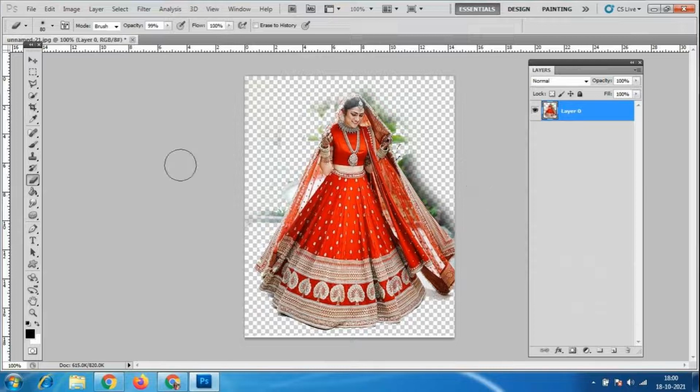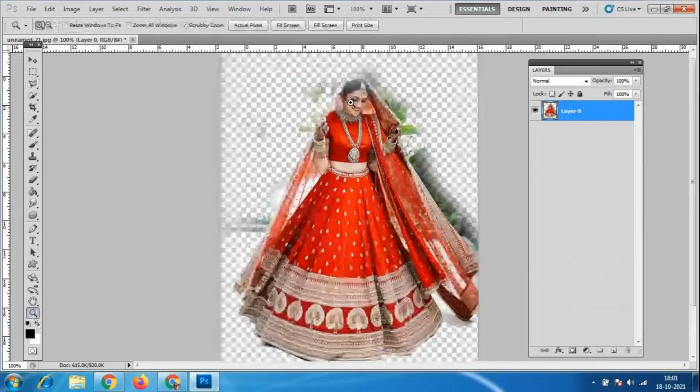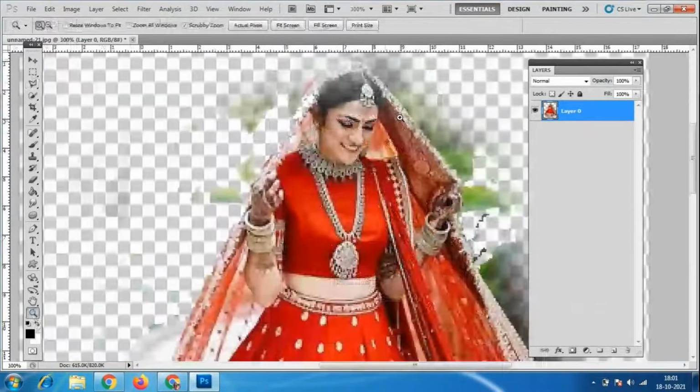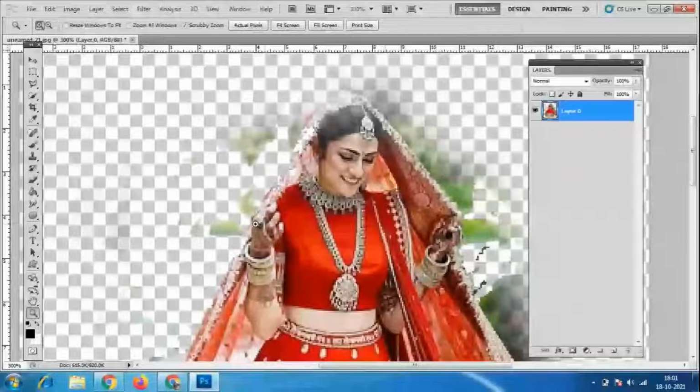So this is the use of the eraser tool, background eraser tool and magic eraser tool. Otherwise, the polygonal lasso tool is very easy. You can select this one. To zoom, use Control plus or Control minus. Otherwise, on the left side we have the zoom tool. I'll zoom wherever I want. Whenever you use a magic eraser tool, look at this cutting option: this portion is not cut properly.